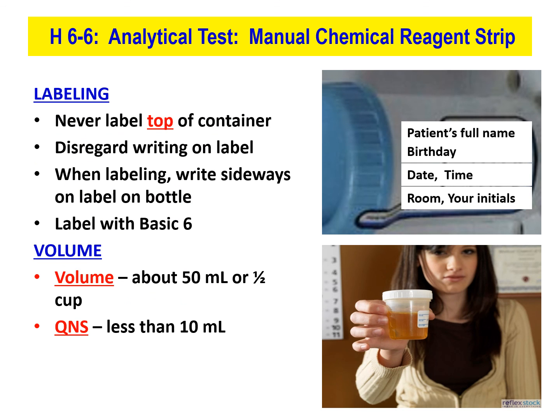Now, make sure when you label your urine cup, you never label the top of the container. People take those off. There can be multiple tops lying out on the counter while they're performing urinalysis. People can accidentally throw it in the trash. You always write on the urine sample cup itself, not the lid. And remember, we label with the basic 6. Sometimes that label will have other stuff on there, but you want to make sure you put your basic 6